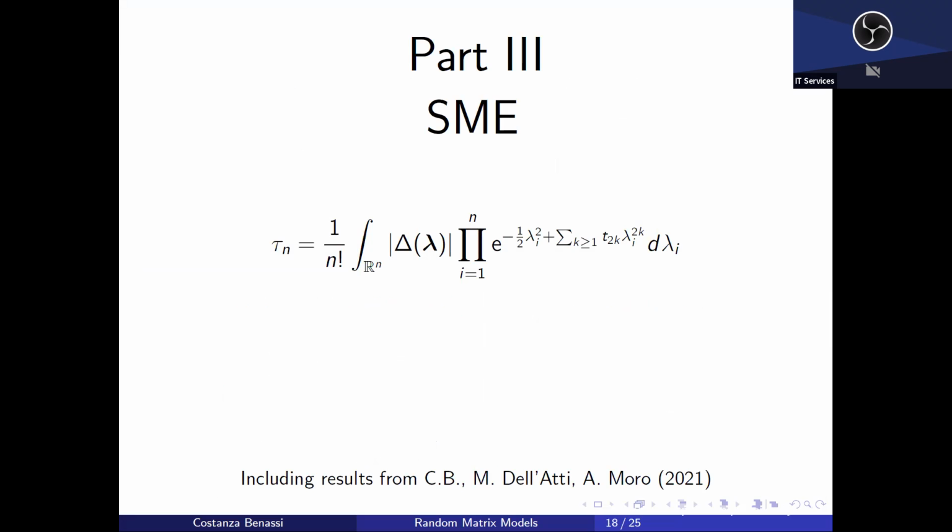And our scheme of thought is going to be pretty much the same. So I'm going to explore the fact that there is an integrable hierarchy underlying this model and play around with it a bit by doing the thermodynamic limit. Okay? So the difference here, which seems trivial, but it's actually crucial, is that in the definition of the partition function, we have the van der Monde determinant power 1 instead of having it power 2 as we had before. And this is going to make all the difference in the world.